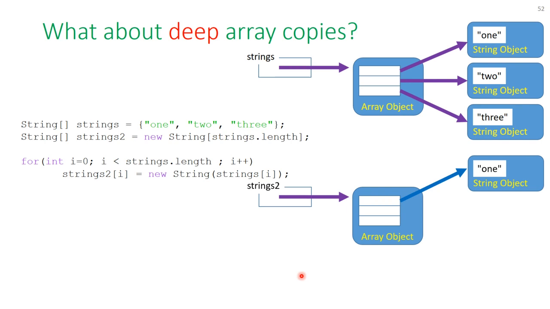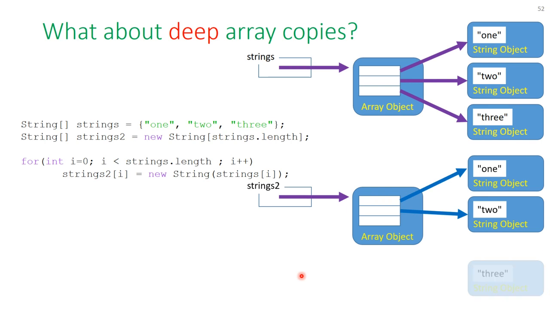So int i equals 0, i less than strings.length, i plus plus, and I'm going to say strings2[i] equals new String, create an object of class String. When I create the object, between the parentheses I pass strings[i], which is a reference to that object. So I say pretty much create a new object, but here's another one, make a copy of this one, right? That's all I'm doing. And here we are, I get this. And I assign the reference to that to my first slot, and I'm done. And then second iteration,